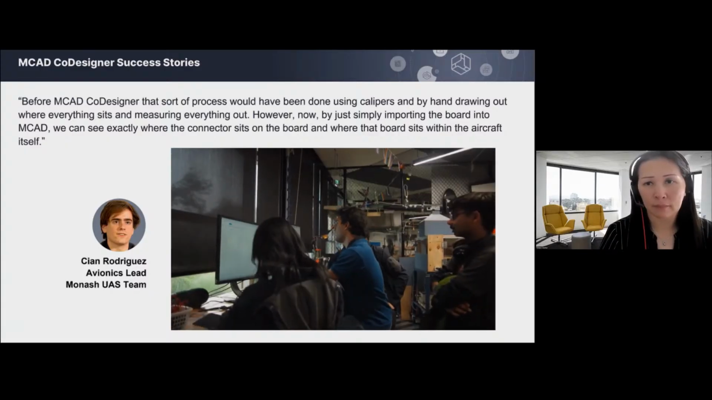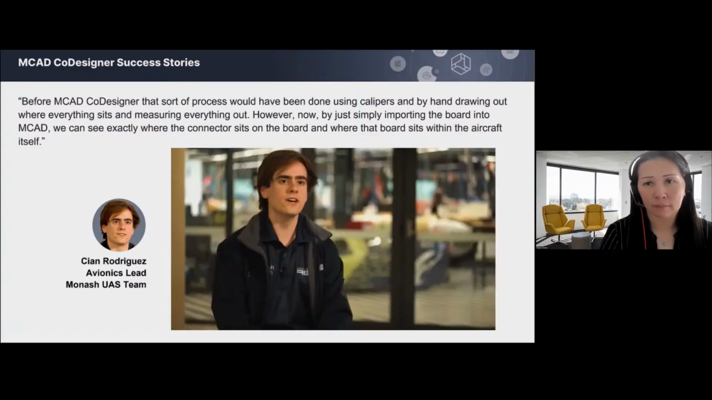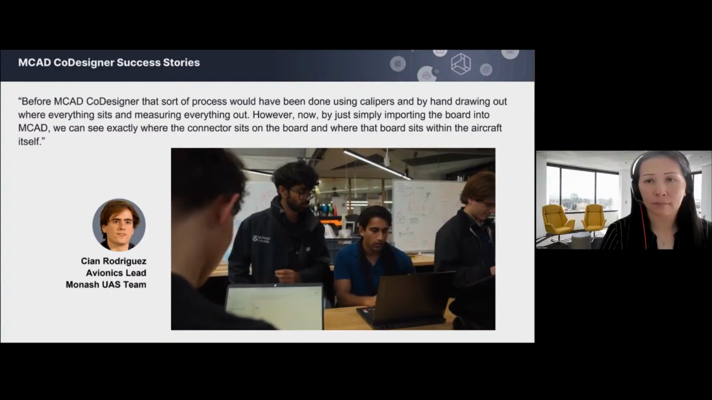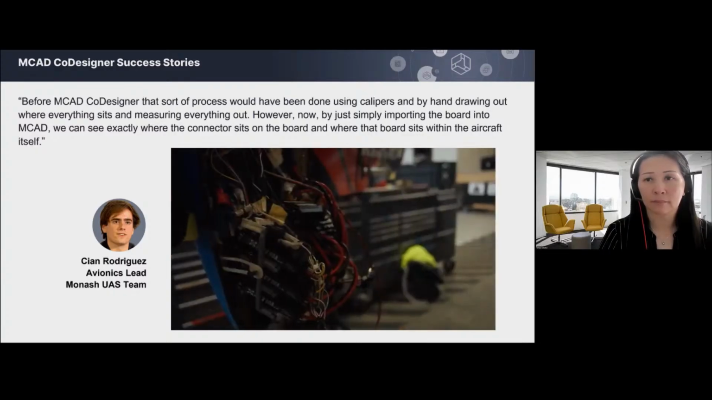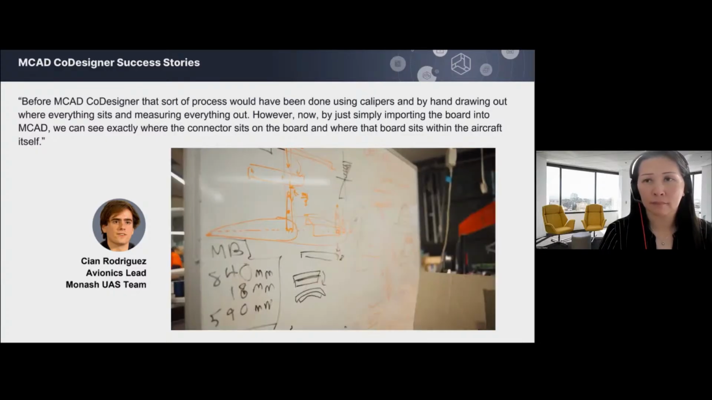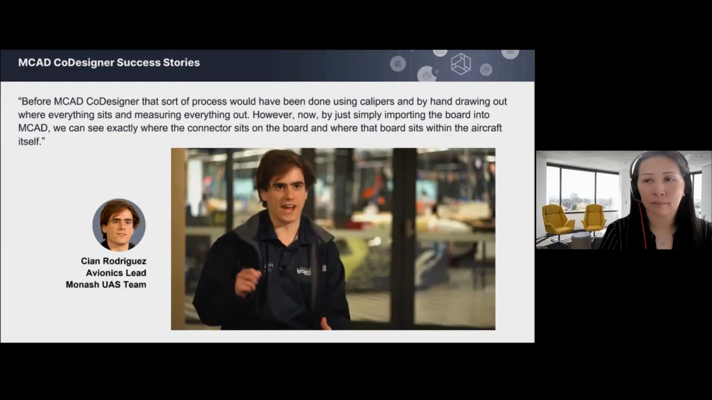So previously the team has worked quite siloed. So avionics and aerostructures both independently design their own systems. Before CoDesigner, that sort of process would have been done using calipers and by hand drawing out where everything sits